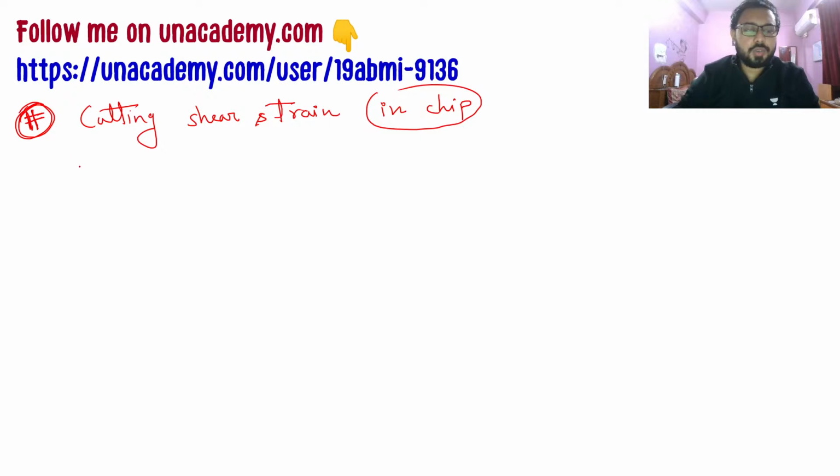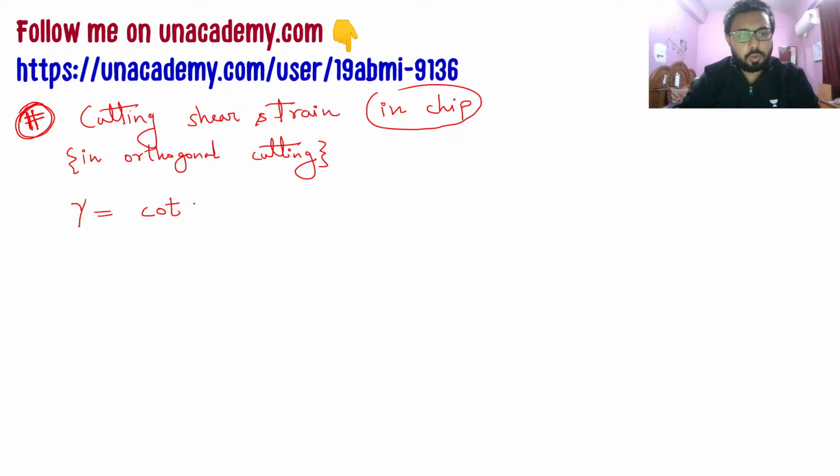So cutting shear strain in chip in orthogonal cutting, this will be cutting shear strain, gamma, is equal to cot of phi plus tan of phi minus alpha. And again we have done some questions related to this